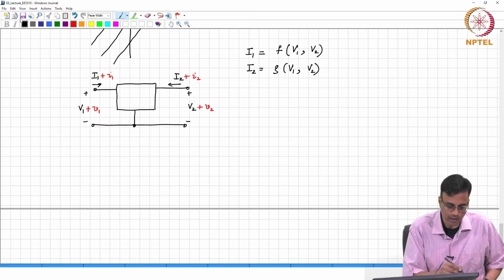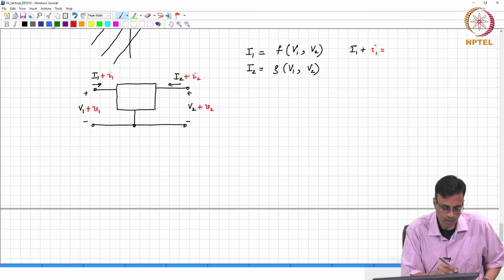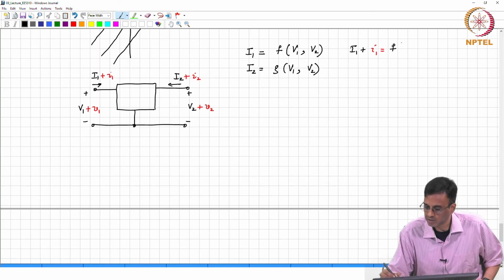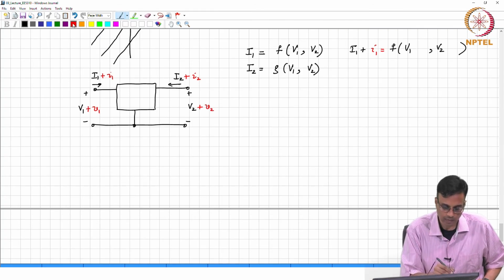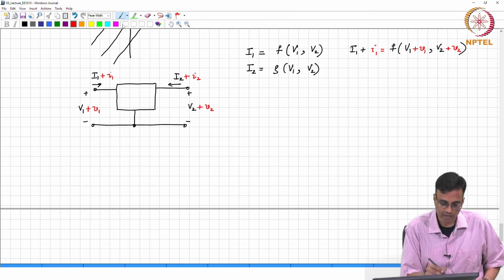So, consequently, what comment can we make? I1 plus small I1 is a function of V1 plus small V1, V2 plus small V2, and similarly